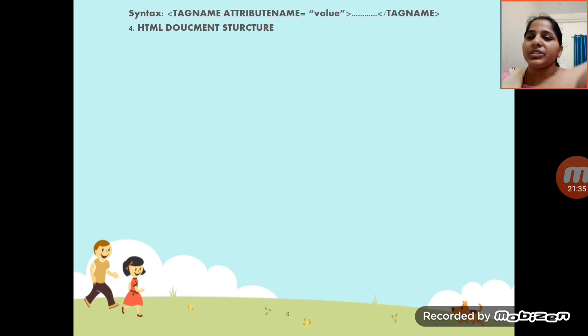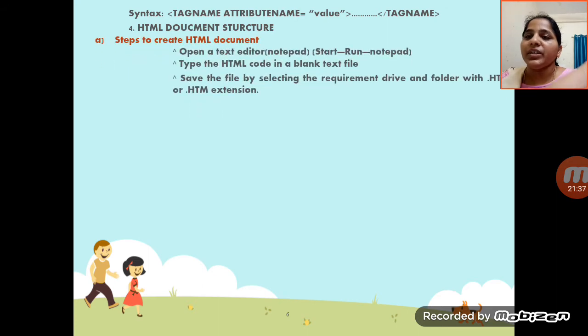To create the HTML document, open a text editor, which is Notepad, via Start, Run. Type the HTML code in a blank text file. Save the file by selecting the drive and folder, with the extension .html.